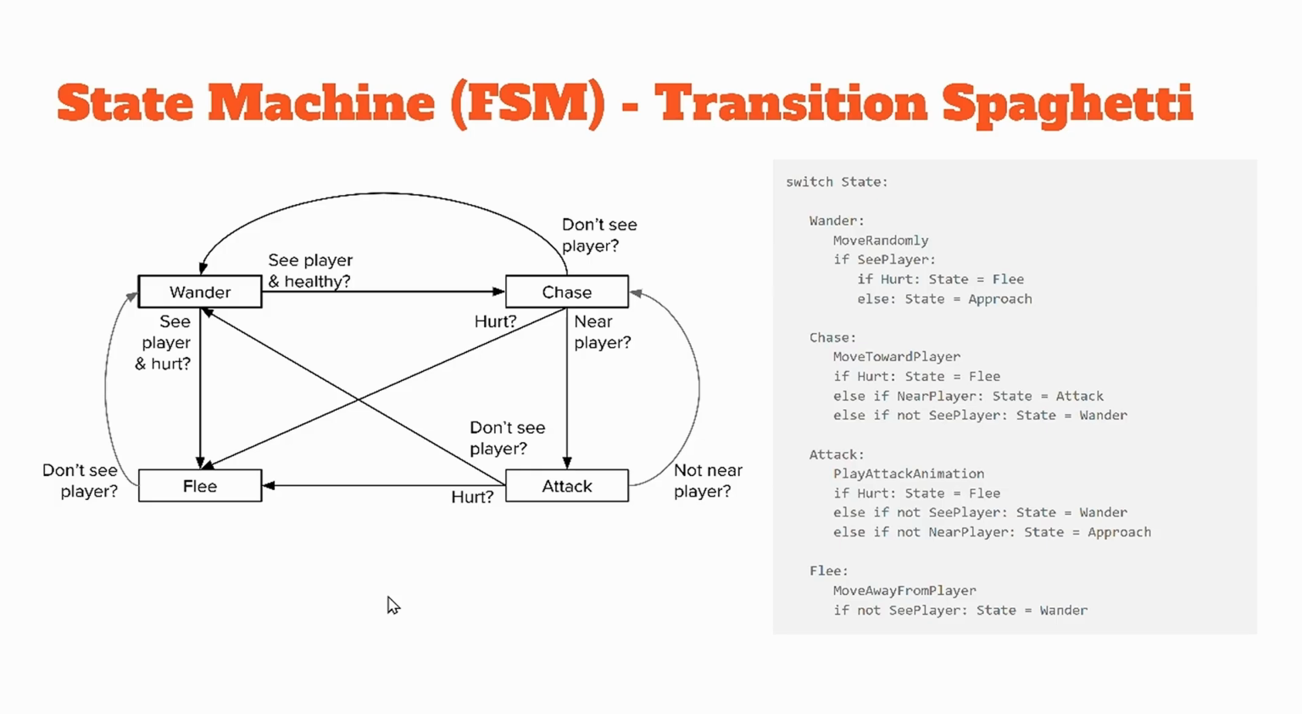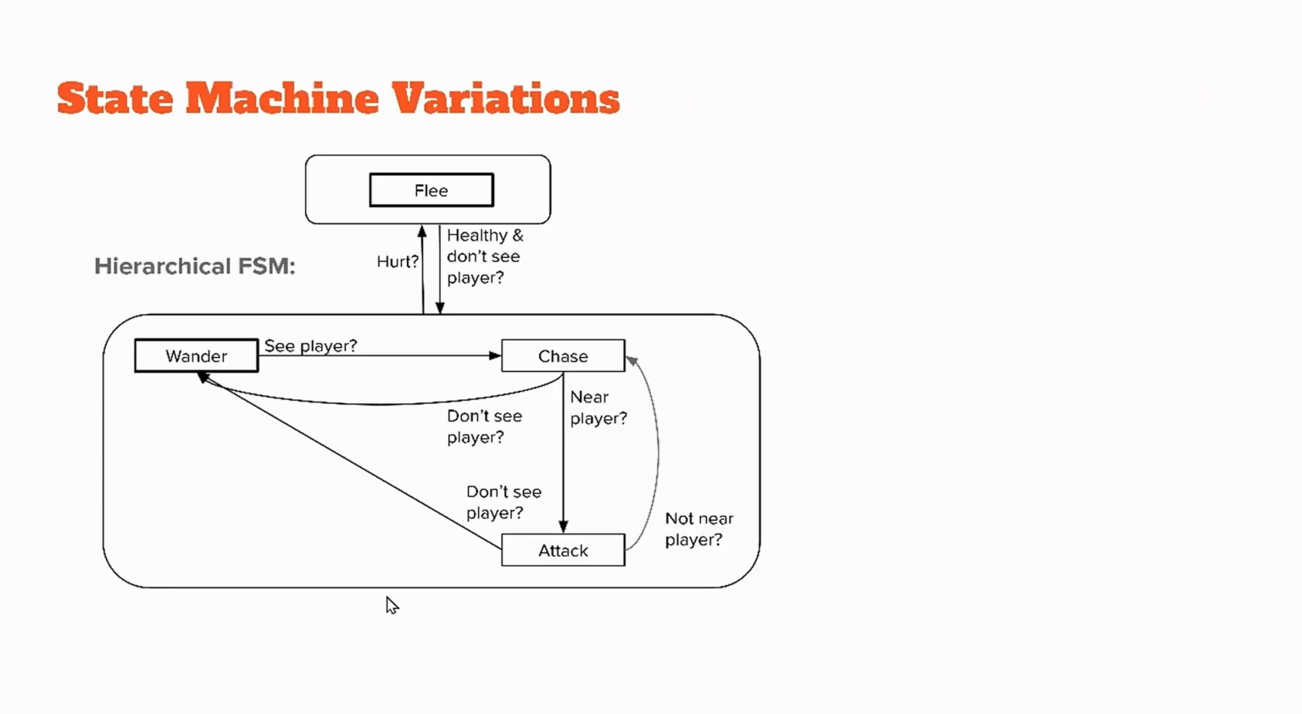There are a few ways to address transition spaghetti while still being able to take advantage of the relative simplicity of state machines. One is called the hierarchical finite state machine, where you have two state machines here and a transition from one to the other. So regardless of where you are in the normal behavior FSM, if you get hurt, it always just switches to this flee state machine. And when the agent is healthy and doesn't see the player, it just switches back to this same